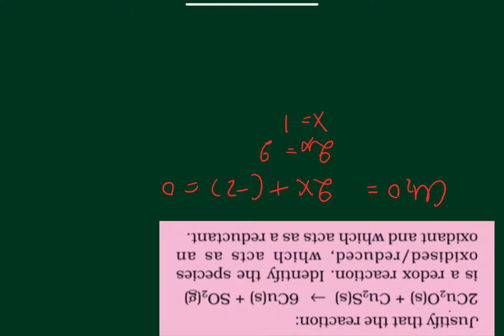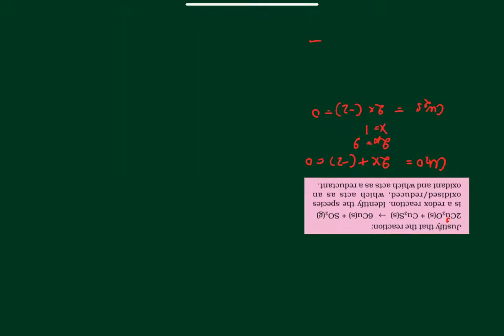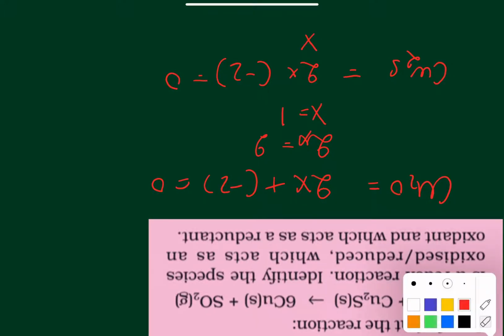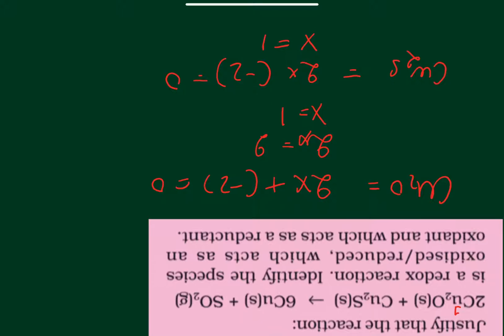So here your oxidation state is 1. Next case, copper sulfide. Again 2x, sulfur is also -2, is equal to 0. So again x is turning out to be 1. So here also my oxidation state is 1. Now in the next case, copper, Cu, obviously it's a neutral atom. Neutral atoms always have the oxidation state of 0. Alright, so this is what we have got for copper.